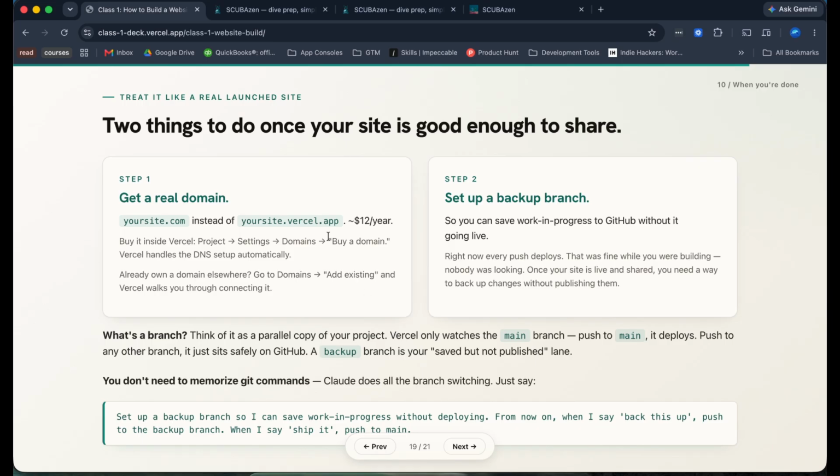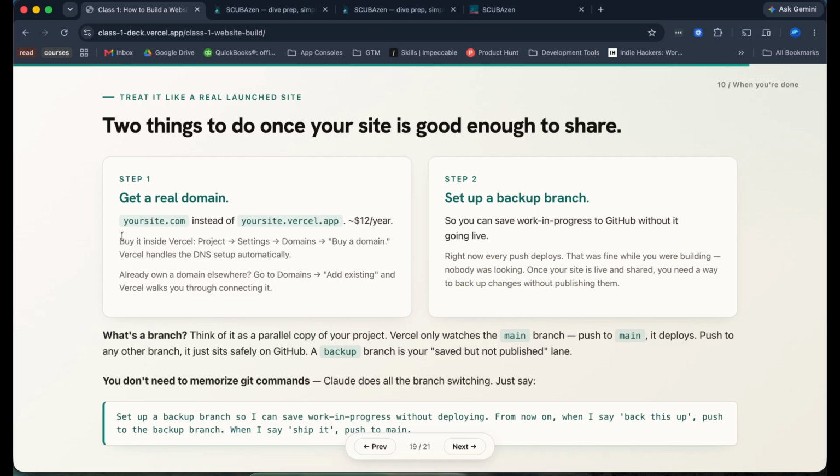So your site right now is on a domain that looks like this. And so if you already have a domain, it's easy to switch over. You'll just go to Vercel, go to your project, and then there's a domains and add existing, and Vercel will walk you through how to move it over. It's super simple. Sometimes it takes a couple hours, not because of anything you have to do. It's just the back end has to propagate all the information and stuff like that. The total setup time is usually 10 to 15 minutes.